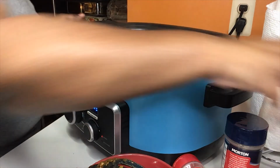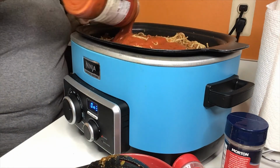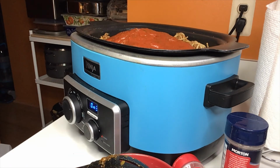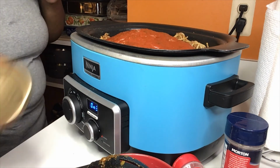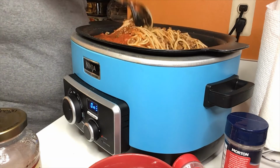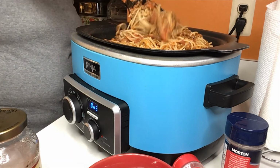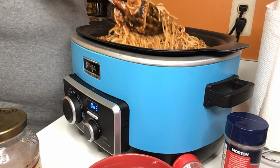Alright. So next I'm gonna add another jar, should I say, of Prego. Add just a little bit more water. So we'll just shake it up like we did the other one. All right. There we go. Comes together,